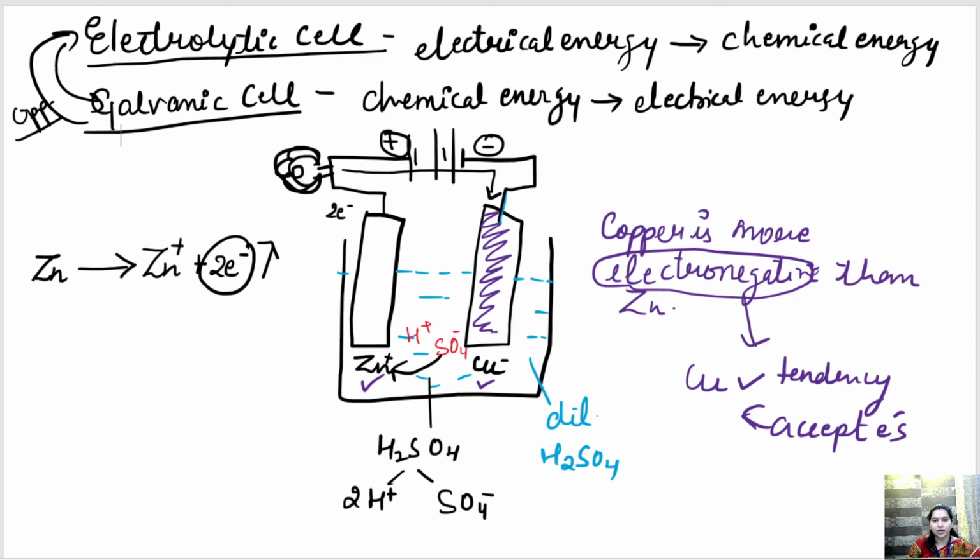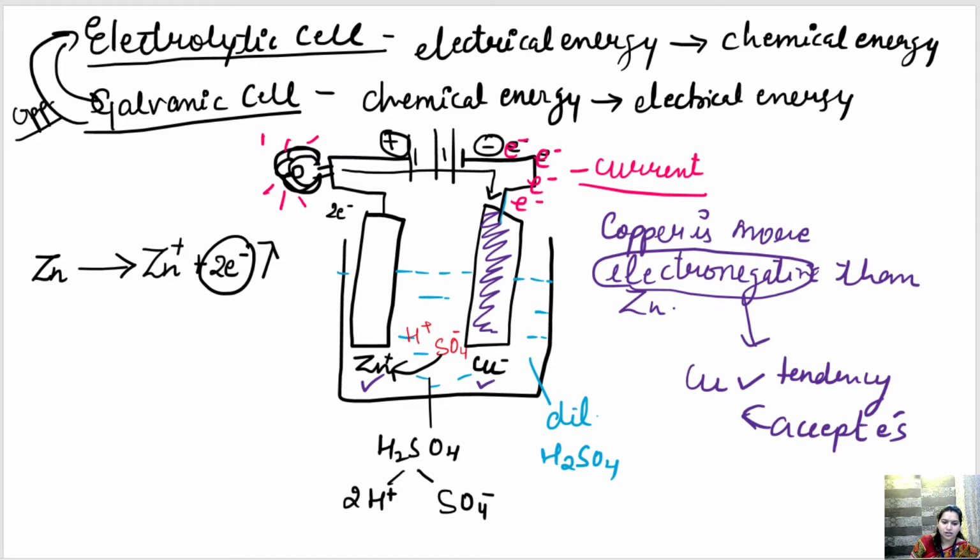Hydrogen cannot accept two electrons. It does not have that much valency to accept two electrons. So hydrogen is not going to accept it. So what is going to happen? This electron will move with the help of a wire. So this wire will allow the electron to flow, and hence it will generate a current. So as it is generating a current, the bulb will glow. Alright. So the electricity is generated.